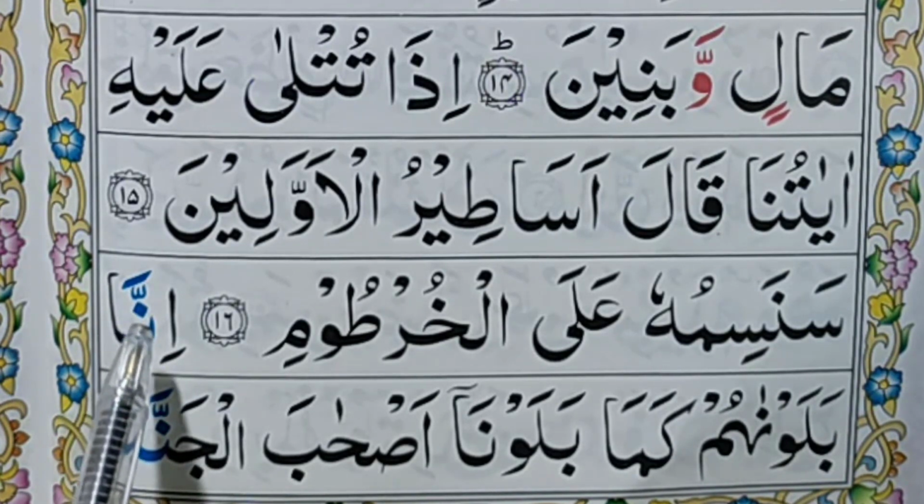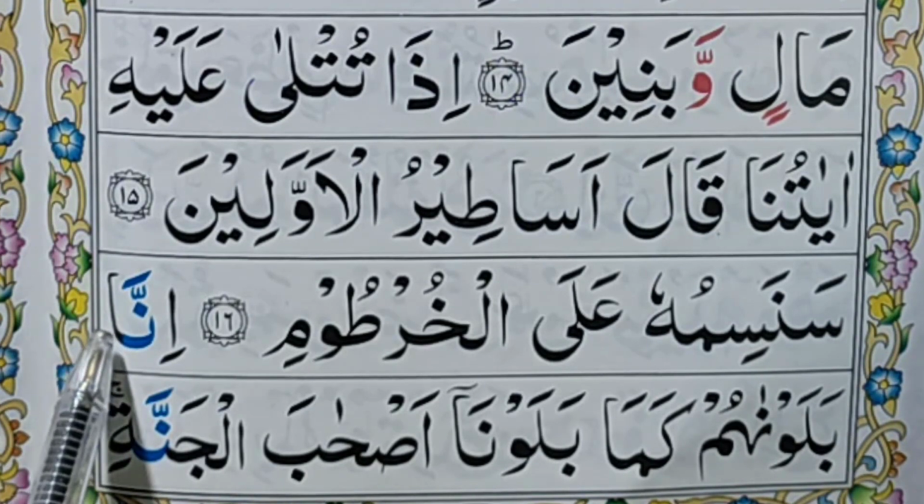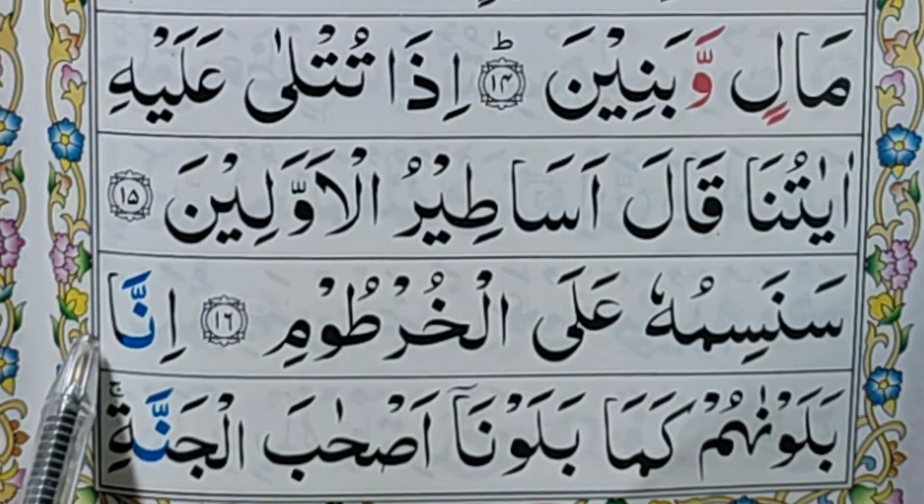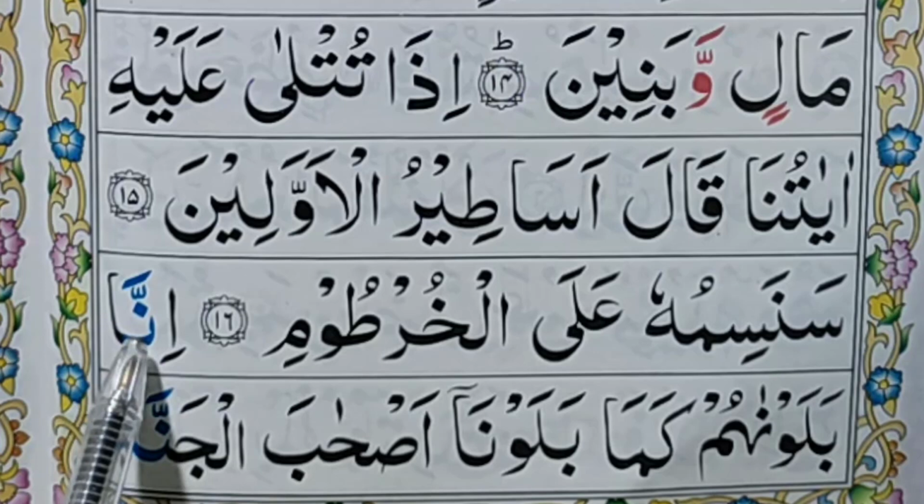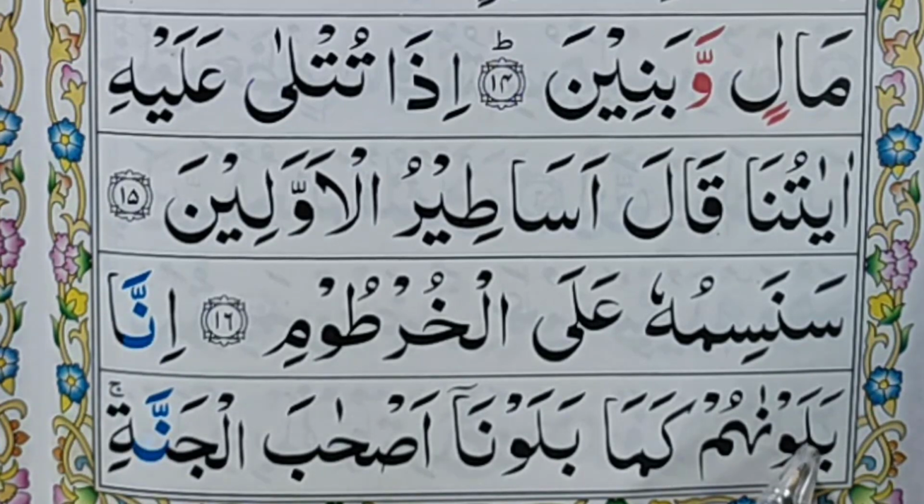Inna, there is shadda sign on the noon, we make gunna and also we long one alif, and after that there is alif madda which also we long one alif, so we say inna. Balawnahum. This is waw lean, we read soft sound, noon we long due to standing fatha on it. This is mim sakin. After the mim sakin, the next letter is kaf. We make a clear sound of mim here, we do not make nasal sound. We say